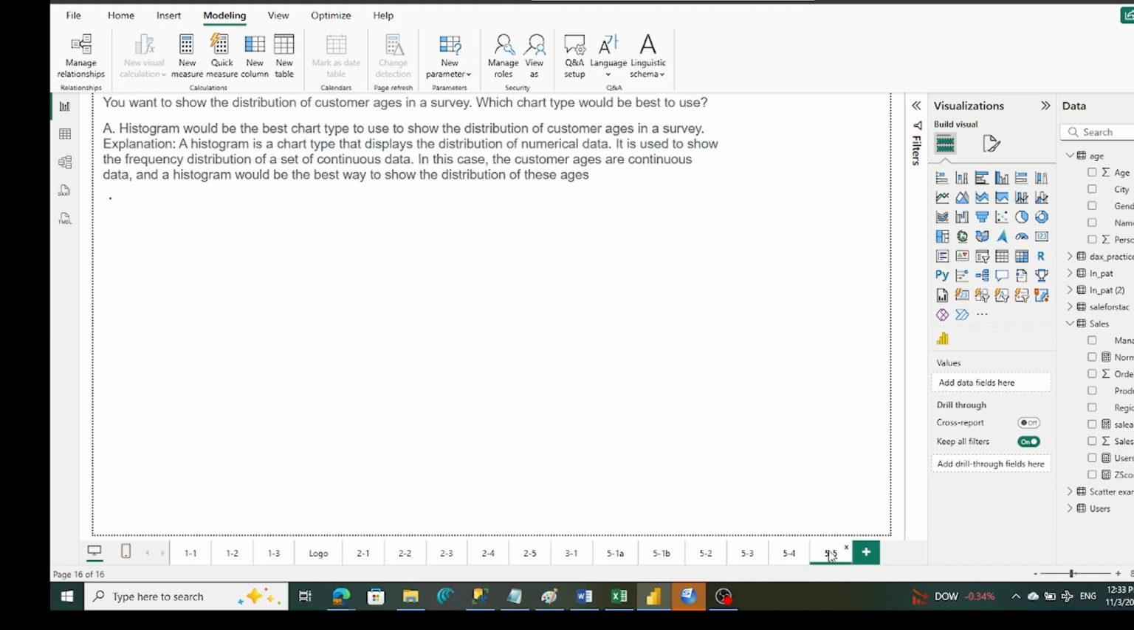Number 5.55. In this question, you want to show the distribution of customer ages in a survey. Which chart type would be best to use? We have a variety of charts, but the histogram would be the best chart type to show the distribution of customer ages in a survey. Explanation: a histogram is a chart type that displays the distribution of numerical data. It is used to show